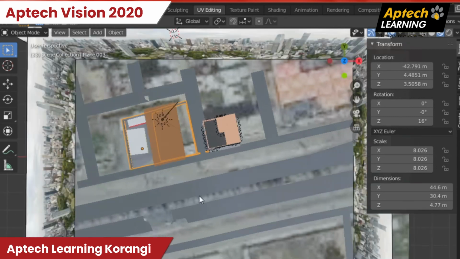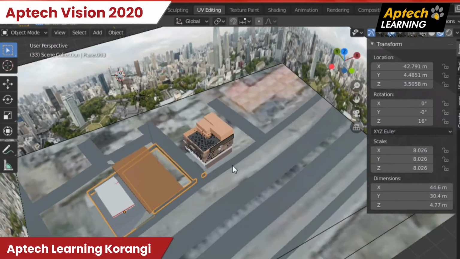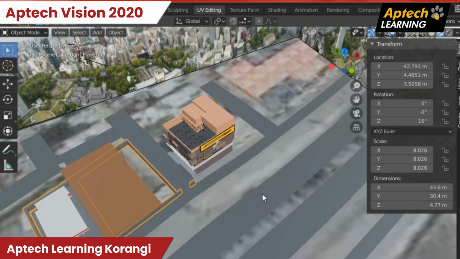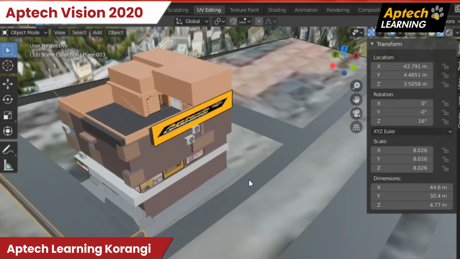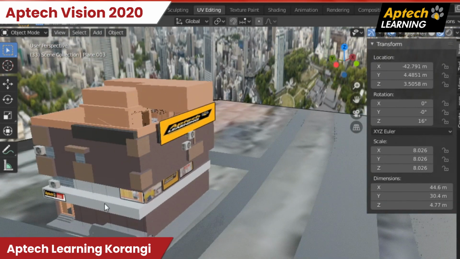A 3D model from an FBX file, you can just show the world that AppTech is located at that location, and in the 3D model they can also see the building structure of AppTech. And if they want to see the center from inside and they cannot visit us, they can see it from the website.